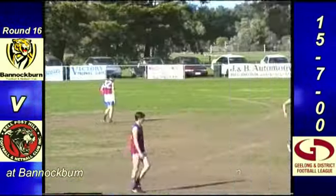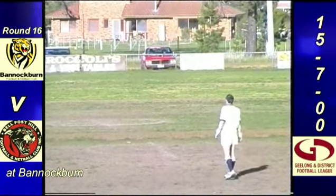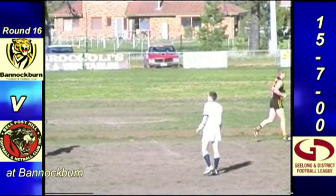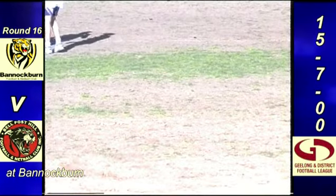for the Bannockburn side. Yeah, that's a great goal there, Eric. They needed that. A lot of good team play there as well. Brilliant, Brett Harding. He just crashed his way through a couple of players. The kick wasn't brilliant, but it was to the head of the goal square, Laurie, and that's where he kicked